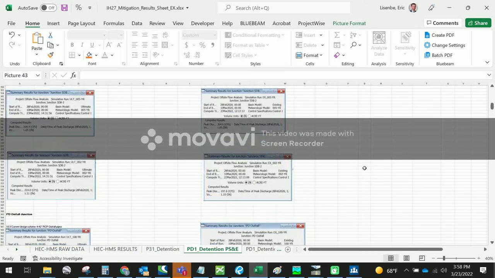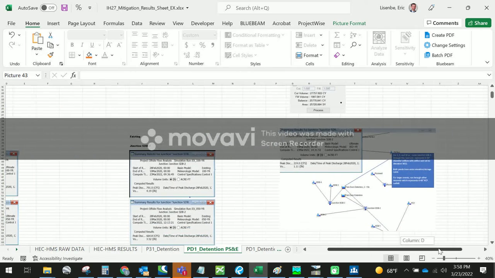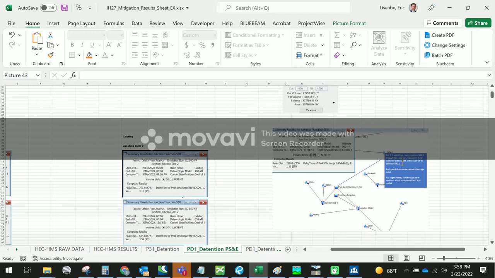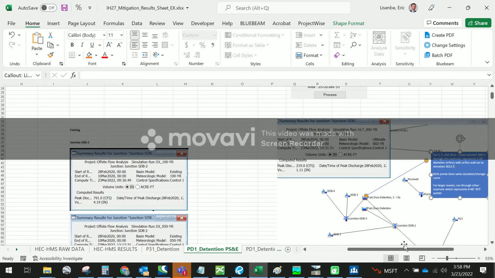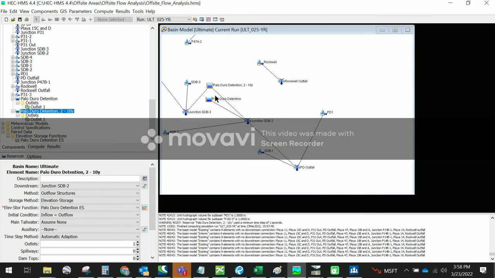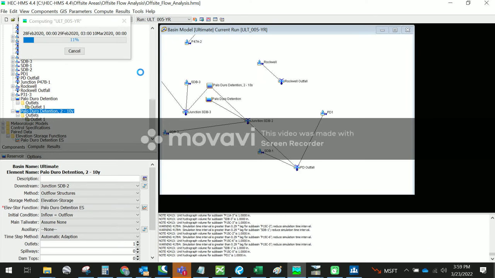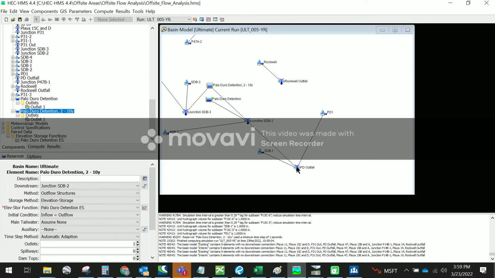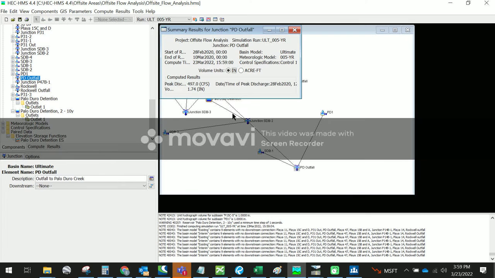So I'm going to go up here and change this to 3612.5, that will work. And go back to the smaller events that I haven't run. So let's go here. 5 year. 497. Let's see if that's